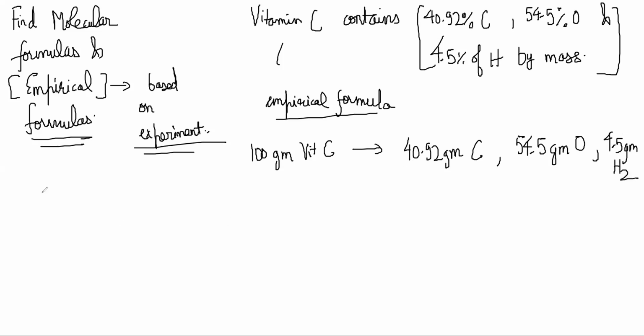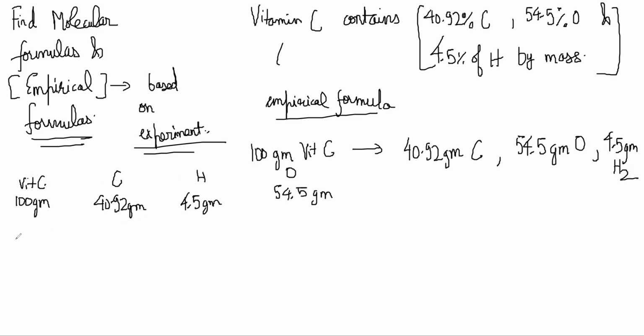So let's make a table. 100-gram vitamin C is here, carbon is here, hydrogen is here, oxygen is here, and this is 40.92 gram, this is 4.5 gram, and this is 54.5 gram, right? Okay, so now